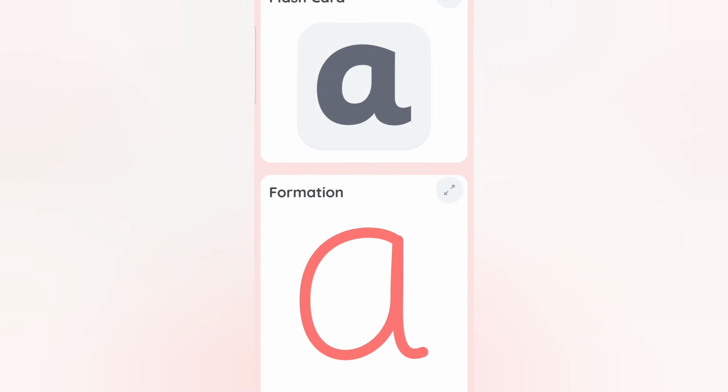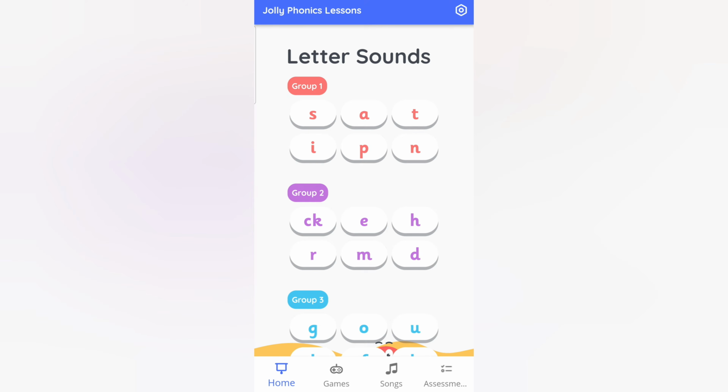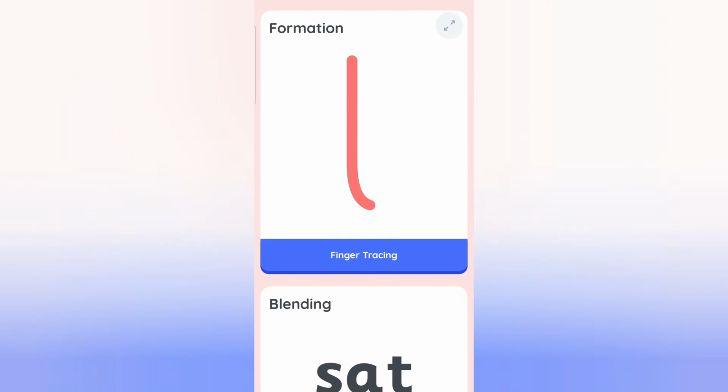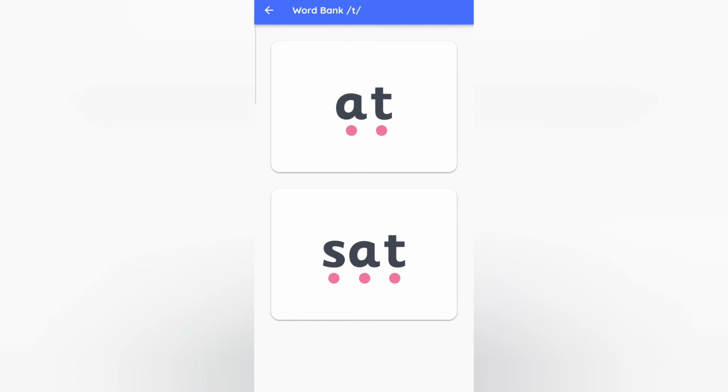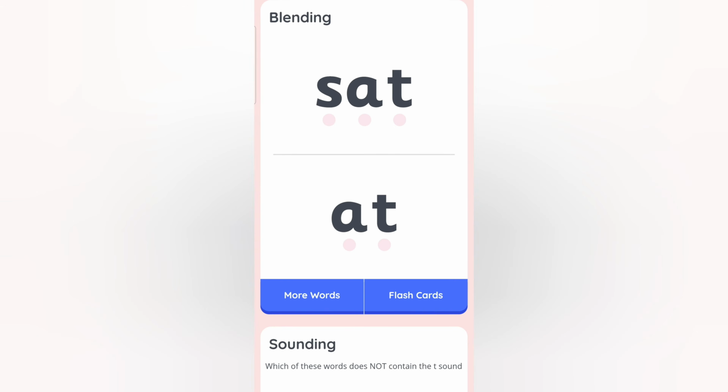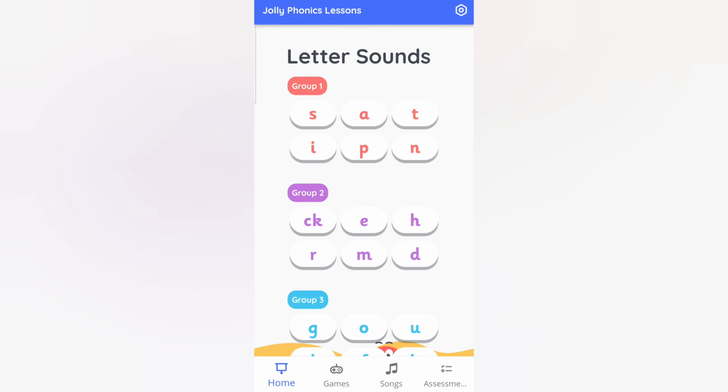As you can see, let's look at blending words. A, t, at. S, a, t, sat. So every letter has its blending words, like